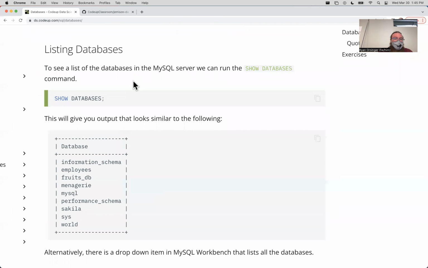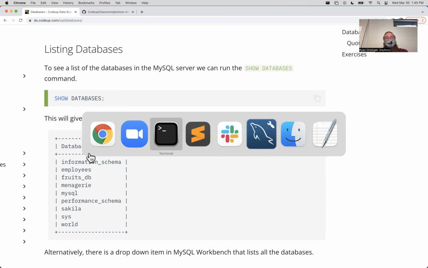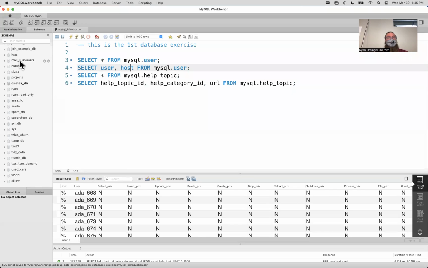Right, so we're talking databases, and databases are where we store stuff. The first command that tells us anything about databases is show databases. That gives you back a list of all the databases you have access to. It is also the same thing you see visually on the left-hand side of your screen inside of